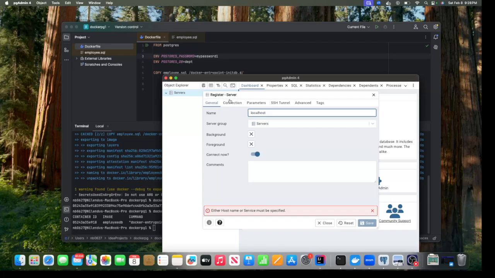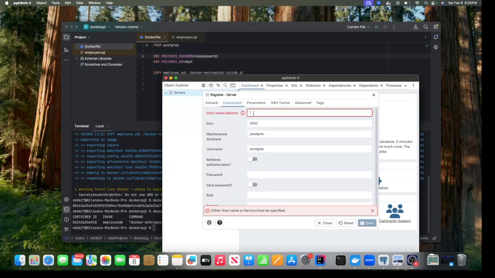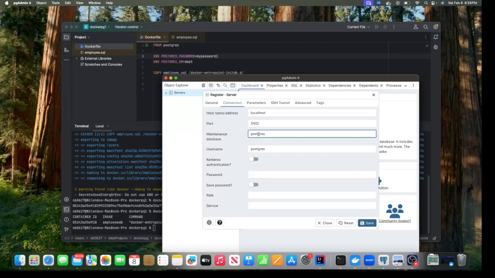You have to give a name, and again I'll say localhost here. This is the port on which it will be there, and this is the database. In my case the database is department, so I'll say department. This is the default user, which is postgres, and my password is mypassword1. So I will supply that,